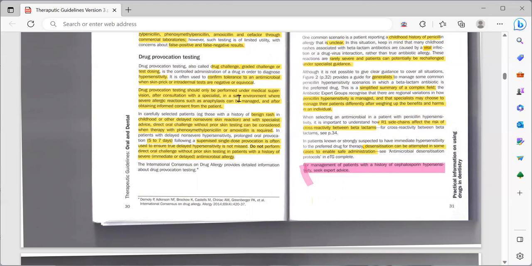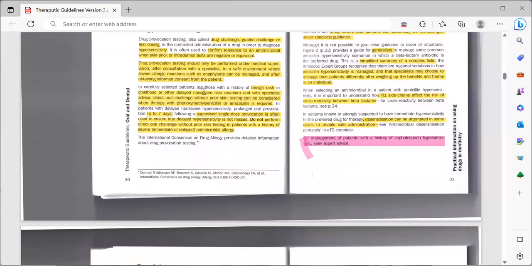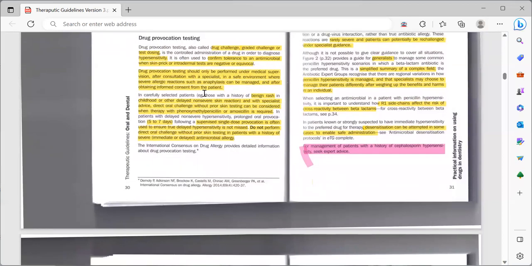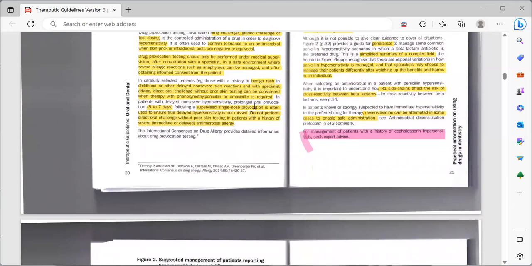If the reaction occurs or if anything goes bad, we would be able to manage it. In carefully selected patients, for example those with a history of benign rash in childhood or other delayed non-severe reaction, and with specialist advice, direct oral challenge without prior skin prick testing can be considered when therapy with penoxim or